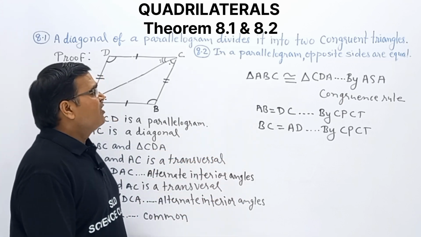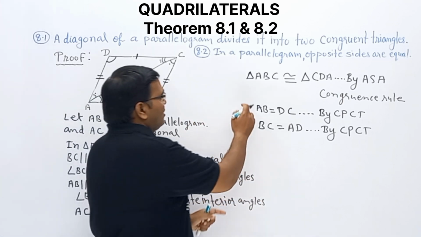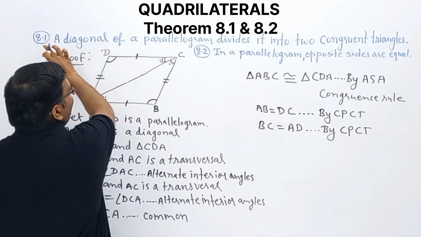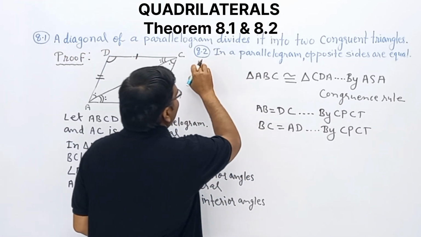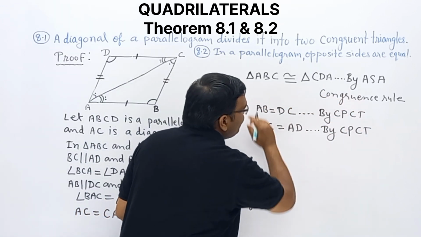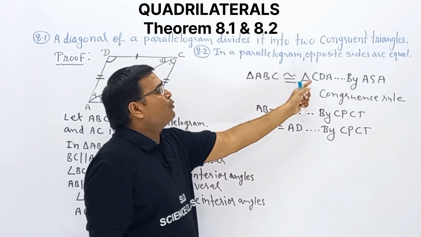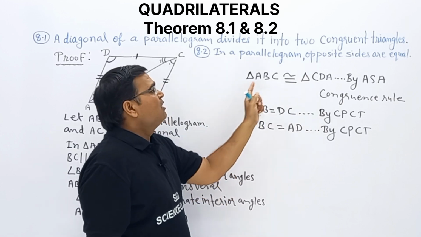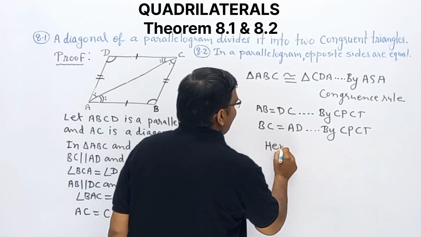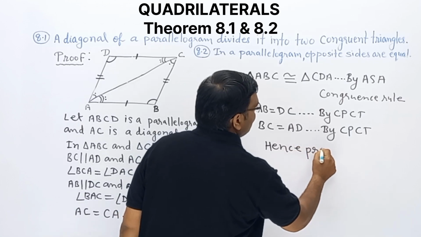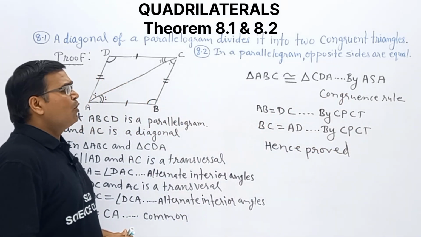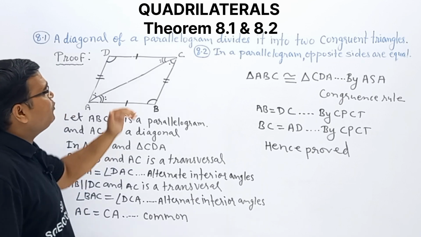So in this way, we proved these three things. Two things are this one and one is this one. In 8.1, we require only this one. But in the 8.2 theorem, we require to prove these two things. And how are we proving this one? First, we should prove what? Congruence of these two triangles. Clear? So we can say hence proved. Both theorems we proved. Clear? Observe again. Only 1 to 2 minutes I am explaining what we are doing in this.